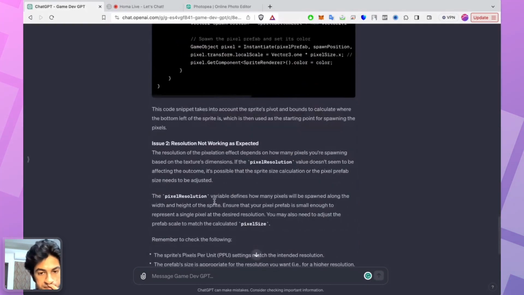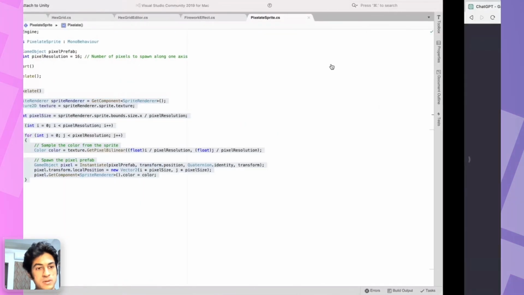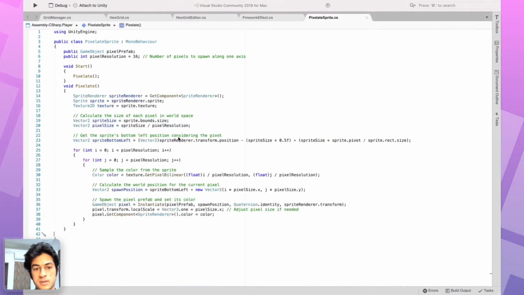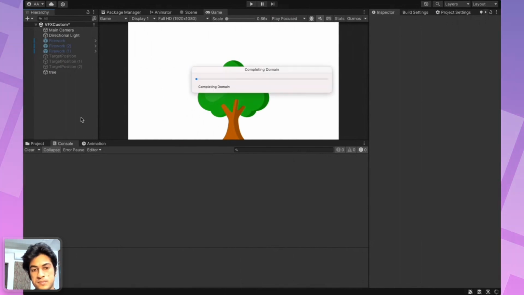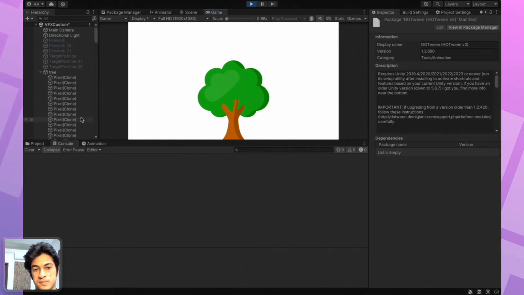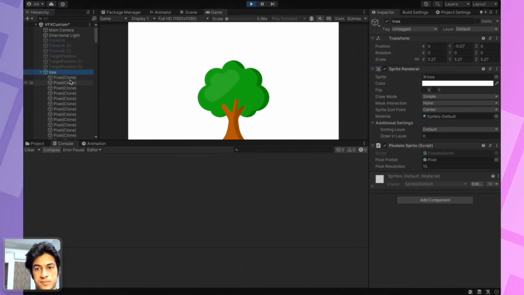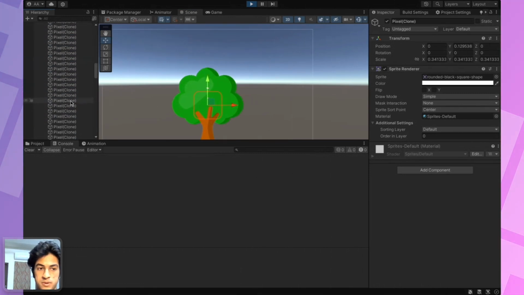Okay, so I think this is still an issue, the resolution bit, but let's see how this updated method works. Yeah, now we have pixels that are at least spawning in the proper position.